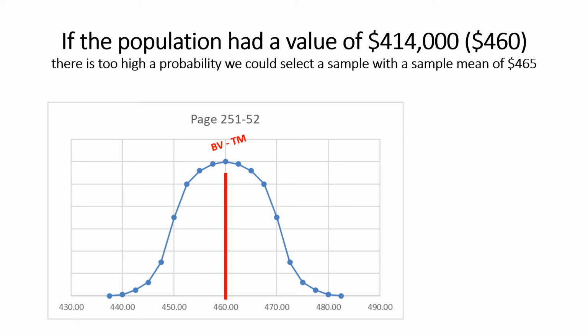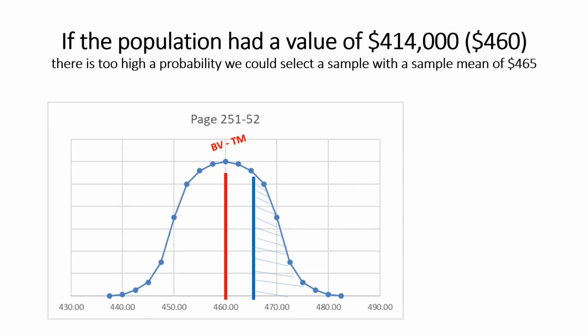Okay, now notice, if that's the case, we would expect half our sample means to be greater than 460. We would expect some of our sample means to be 461, 462, some 458, 440. So we'd expect our sample means to be packed around 460, but half of them would exceed 460. So in our example on page 251, we got a sample mean of